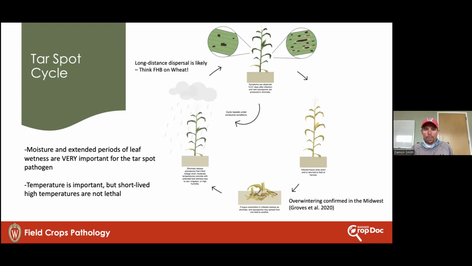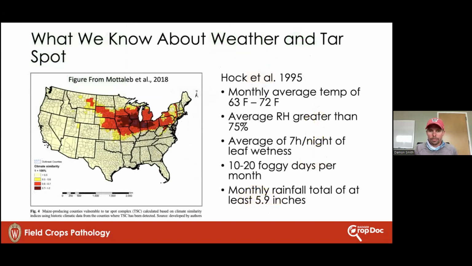This disease operates a bit differently than some of the other diseases you might be familiar with, where you're thinking, well, it needs really, really consistently wet conditions. And we've actually run trials in the past where we've heavily irrigated and had very low levels of tar spot, ironically. And also we've seen irrigated situations where maybe we're a little more light and frequent, where it really gets bad quickly. So there is something about the frequency and then that intermittent wet-dry cycling that is important here.